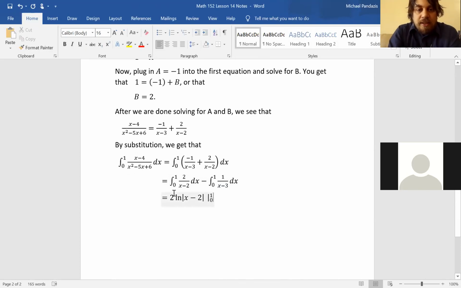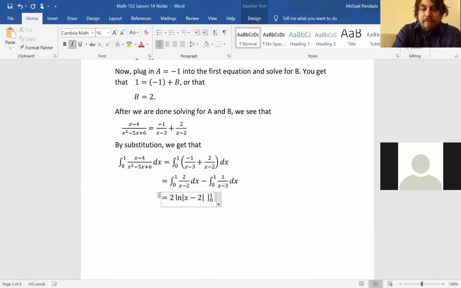Okay, and so that's 2 ln of the absolute value of x minus 2 from 0 to 1. That's good. And then minus ln of the absolute value of x minus 3, evaluated